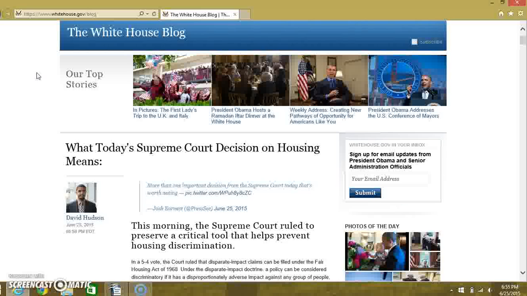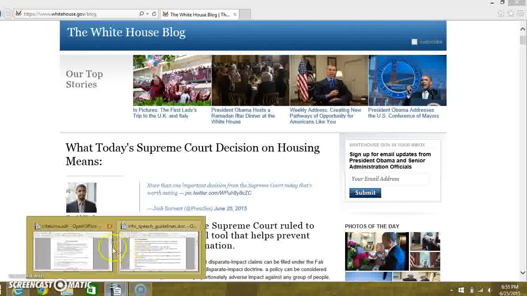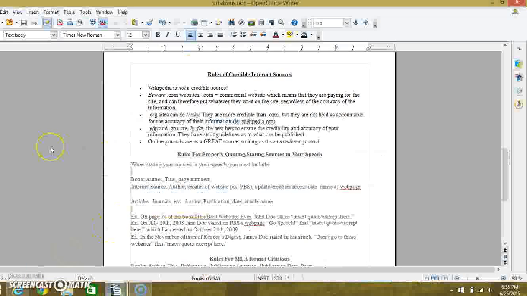You can mix and match that a little bit. So if you want to say on the White House blog of the White House webpage, it states, and then the quote, by David Hudson, who updated. What information you put before or after the quote doesn't matter so long as you have all of that information. So the only way that's going to happen, and the only way that's going to be a smooth aspect of your speech, is to practice it until those citations are in there smoothly.